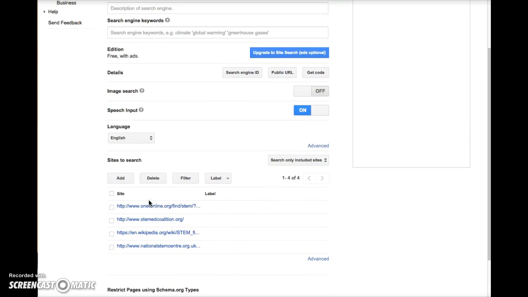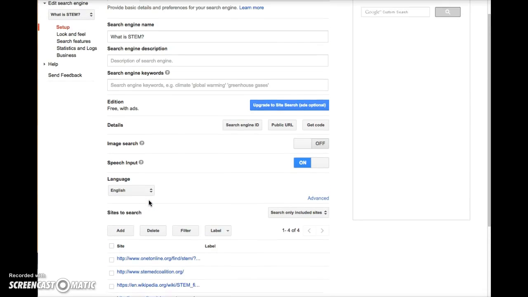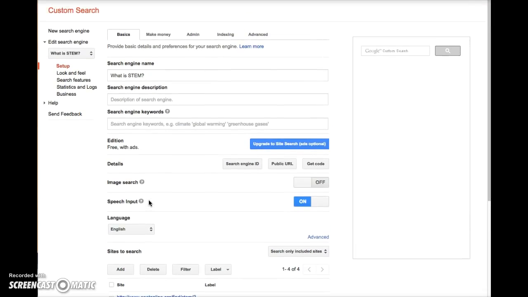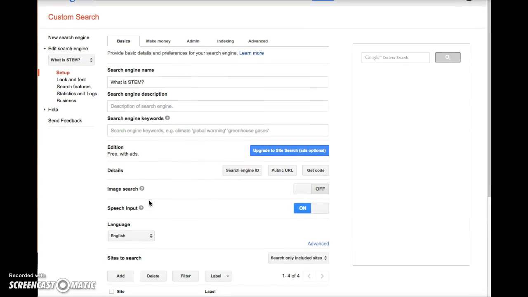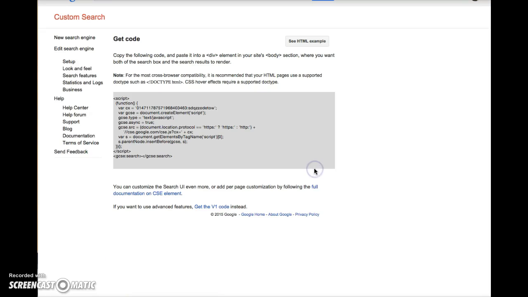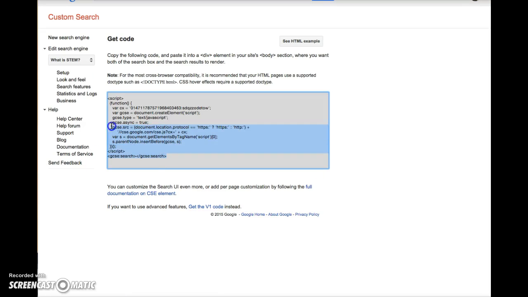And then once you have created your search engine, you will embed that search engine into your web quest. And your web quest is nothing more than a website that you shaped into a learning experience. So here we'll select Get Code. We'll copy this code,